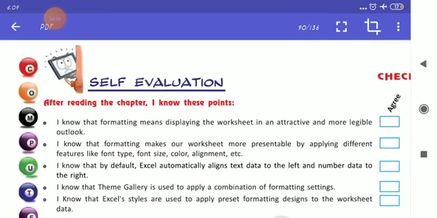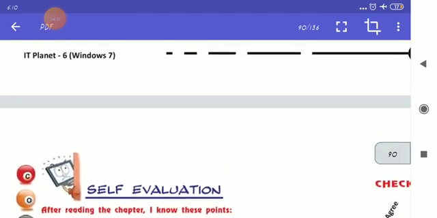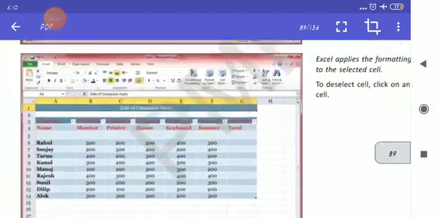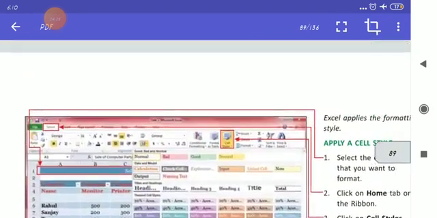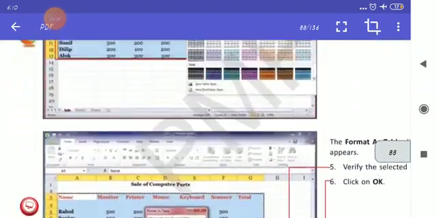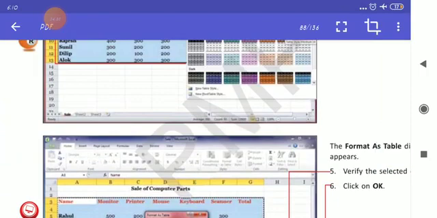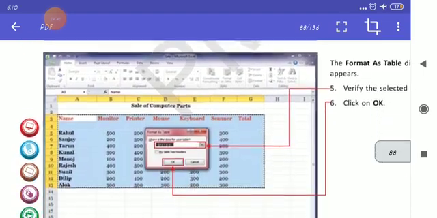So we have completed our chapter today, and I hope you have understood the topics and do the practical also at your home. And if some of you have not done it, please do it, because without practicing you can't do it. So revise it, read the chapter properly, so that it will be easy for you to remember the things.